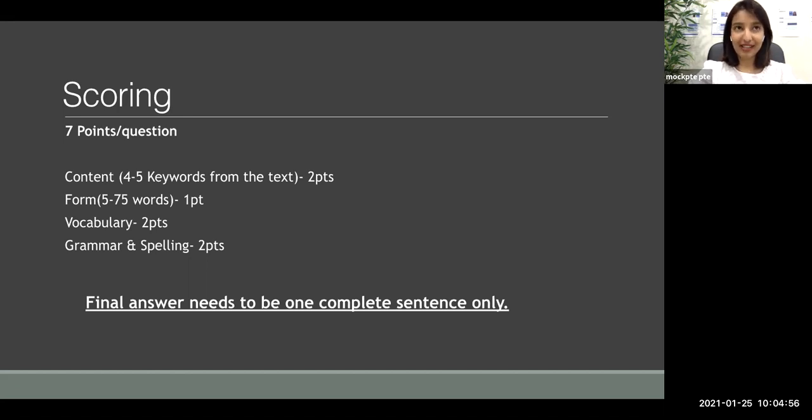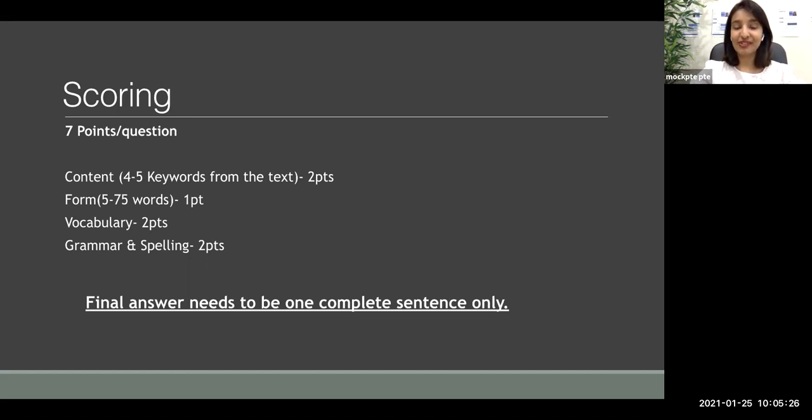sense, that means you're reading the passage, you understood it, and you're writing a very meaningful sentence, but you use different keywords. That means instead of using the same words from the passage, if you use synonyms, you use other words with the same meaning, when the computer cross-checks your answer with the passage, it does not see any matching words. It'll assume that you have written something different and it'll be giving you 0 for your content. And if your content is given 0, there won't be any further evaluation.